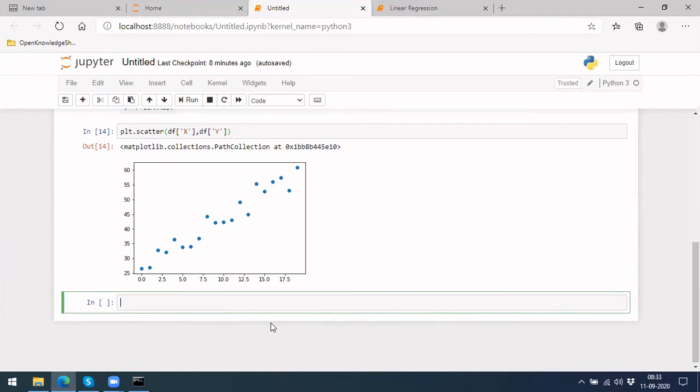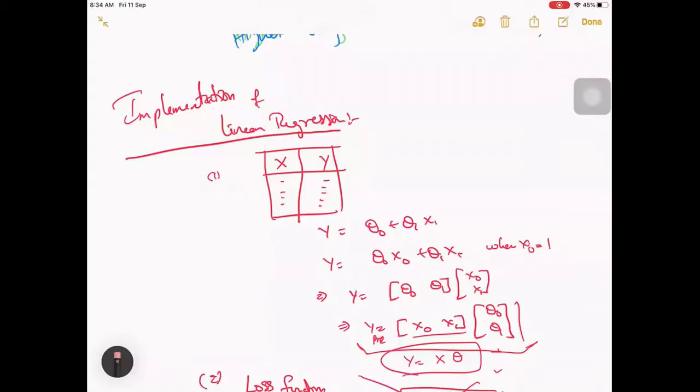If you remember here, the first thing we have done is for the x, we added an x naught column with 1.